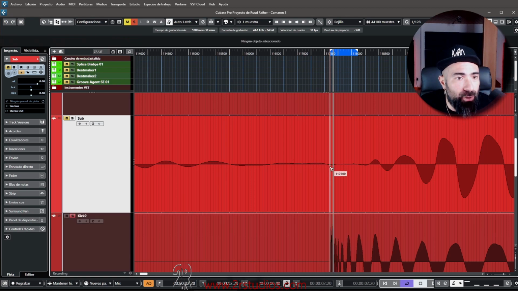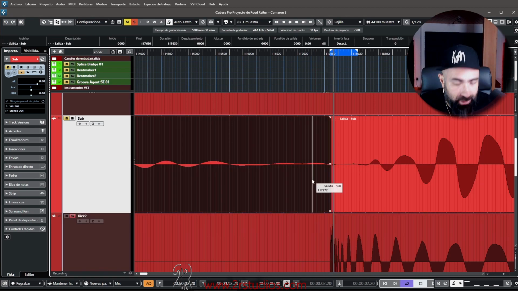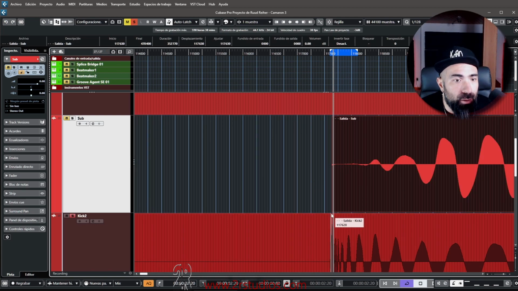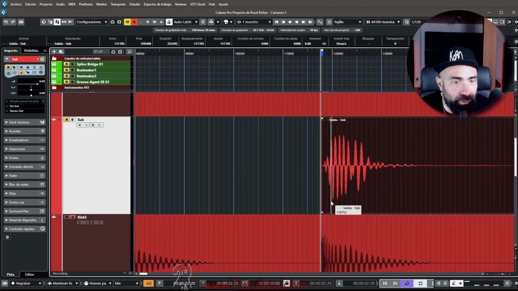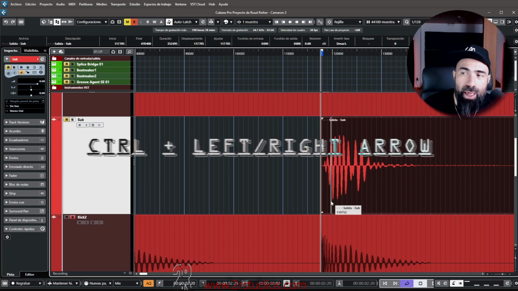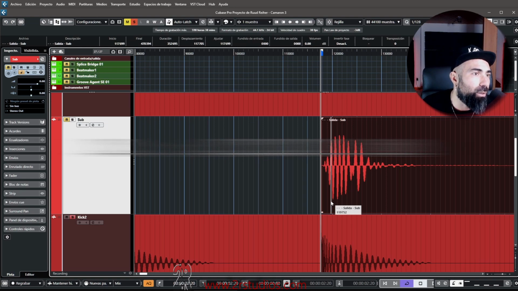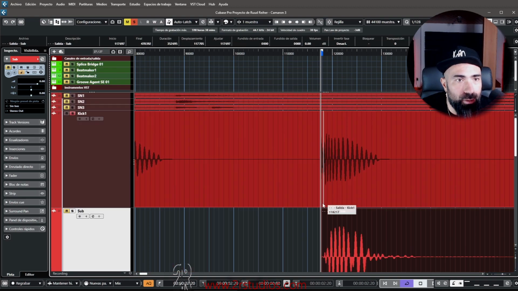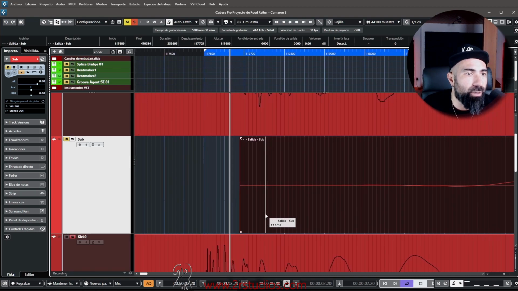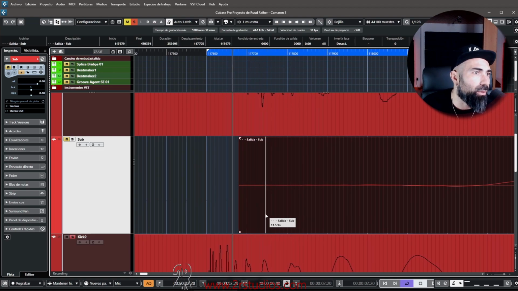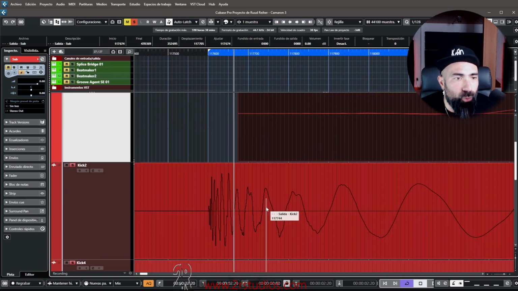Let's say we don't have this here, right? And we have only this. We can move samples by pressing Control and left arrow. Can you see? Or we can also do